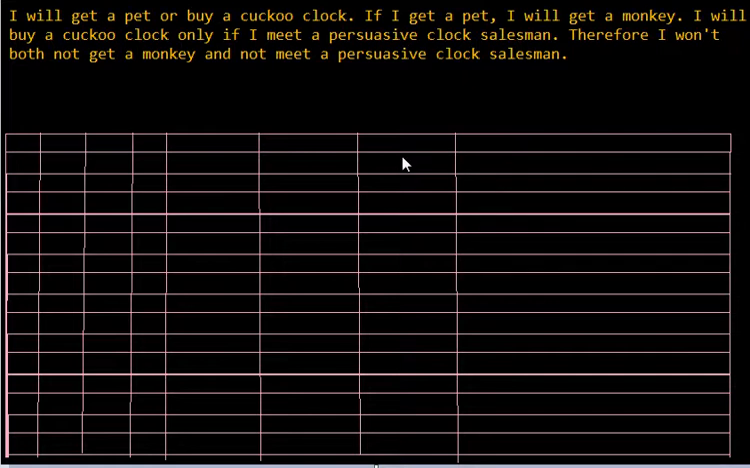So, excuse me. The consequent must be true if the antecedent is true. That's the first thing I said there wasn't true. Ignore it. The consequent must be true if the antecedent is true. So,